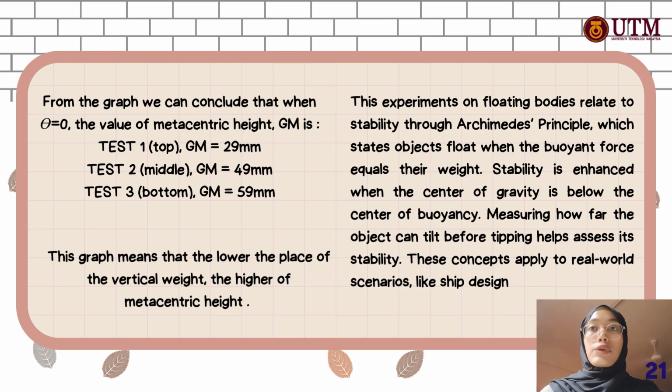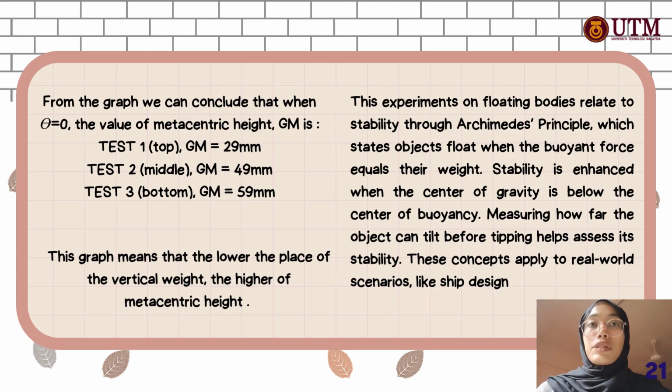From the graph, we can conclude that when theta equals 0, the value of metacentric height GM for test 1, which is top on the mass, is 29 millimeters, test 2, middle, is 49 millimeters, and lastly, test 3, bottom, is 59 millimeters. This graph means that the lower the place of the vertical weight on the mass, the higher the metacentric